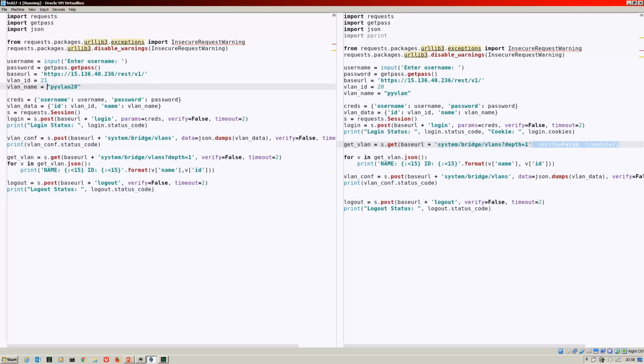Let's go VLAN 21. And we will print, which one is it? It's the post there. What I will do, try a new line, and I'm going to create a string for this, and I'm going to say